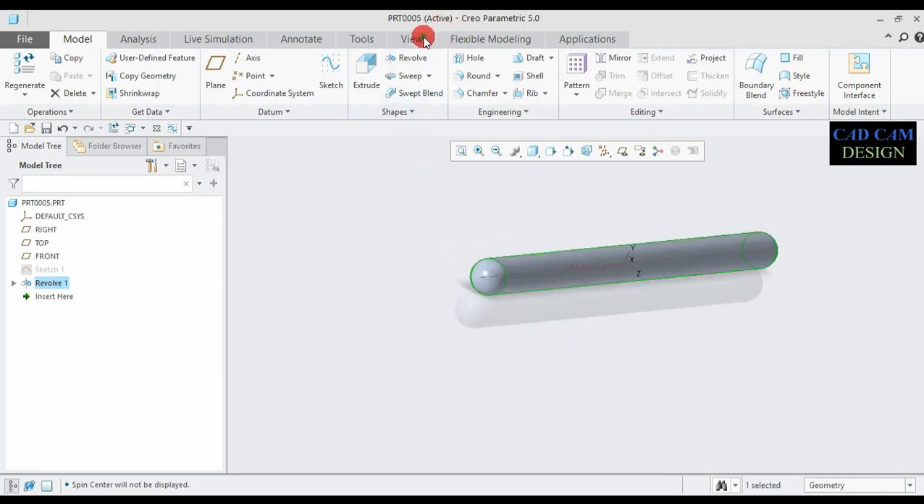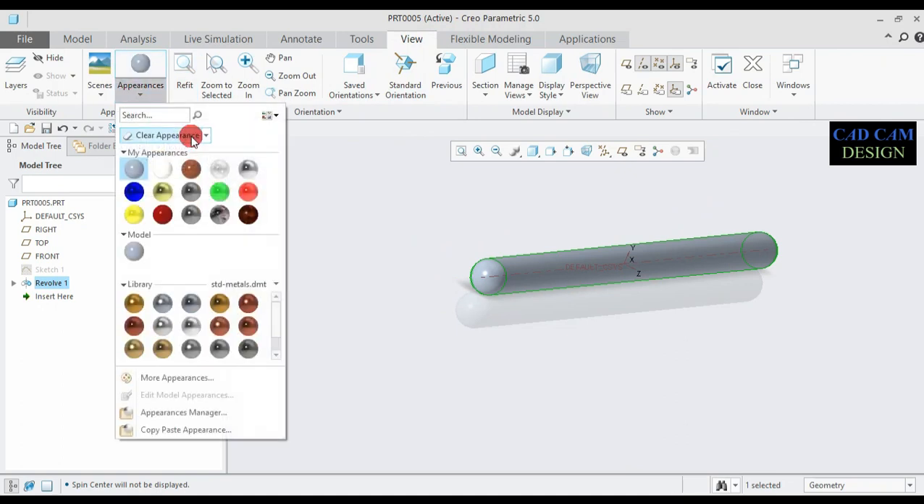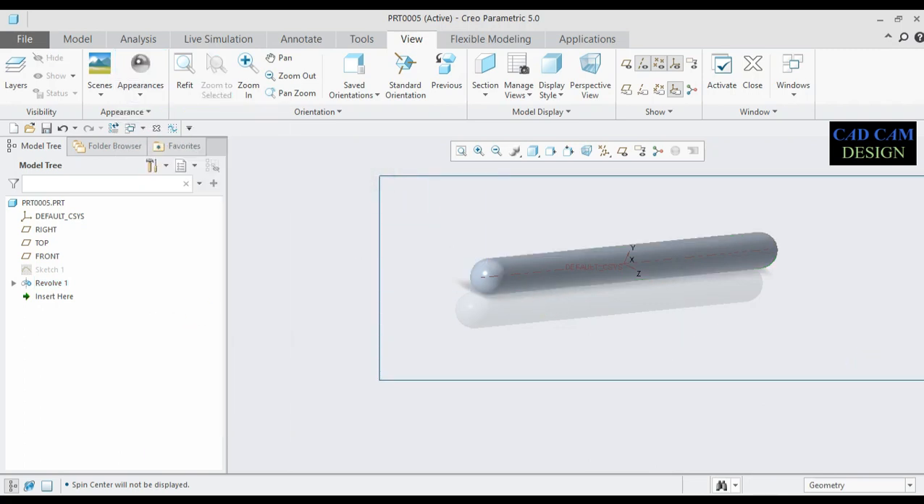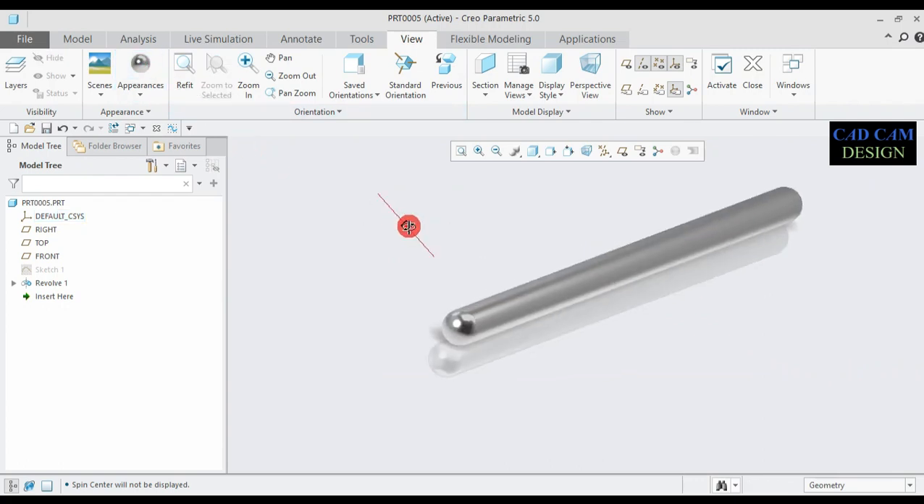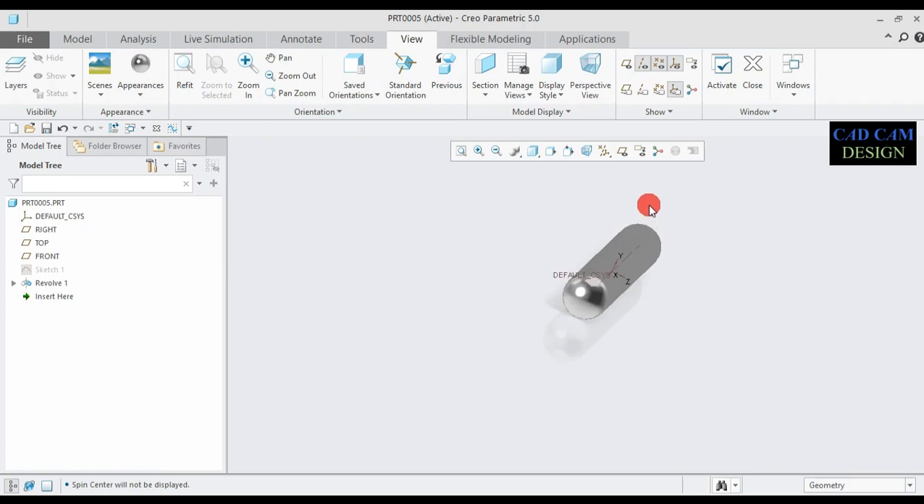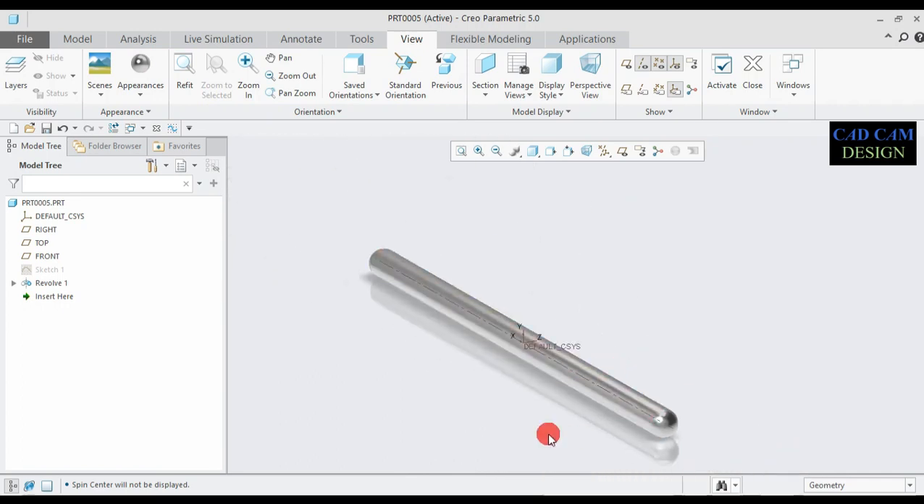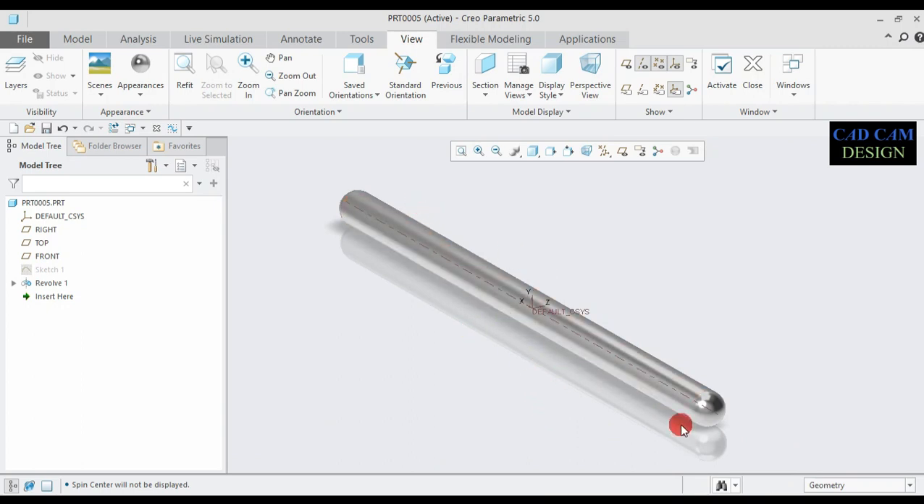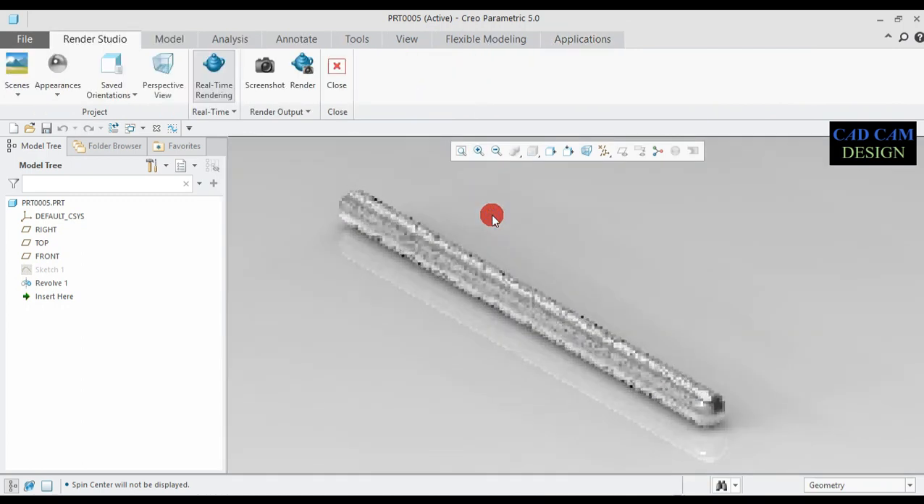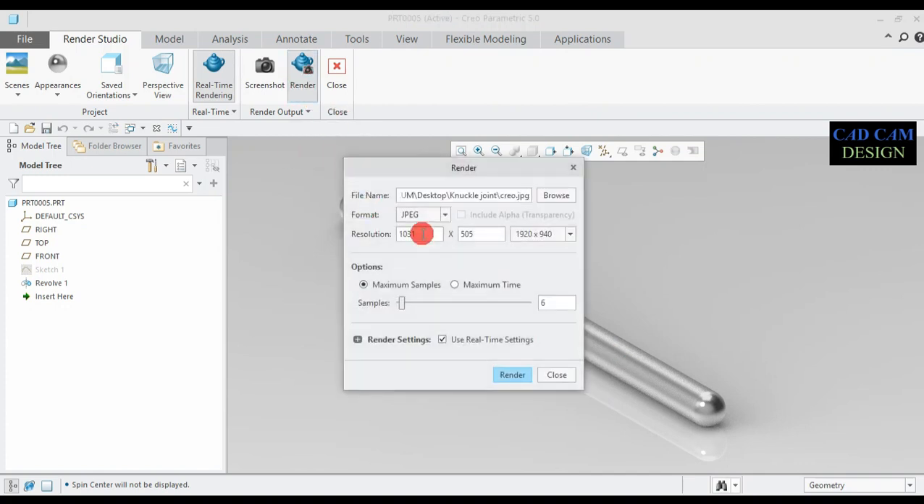Now we can make appearance, apply appearance, then go to view, appearance. Now select different appearance, select this chrome, select our object and apply this. Now we make one image file, then click application, render studio. Now then image are clear, then we need to make one screenshot, or if we need one image, then click this render